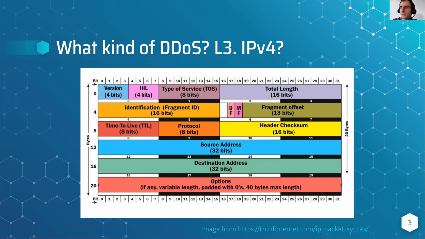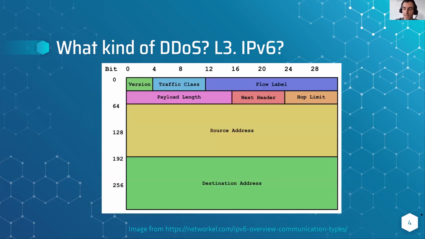So you can see we may have lots of types of attacks which can be explained by just this diagram. We may have literally any field in the IPv4 header randomized, and then we will have TTL flood, maybe protocol flood, and that's actually why I don't like this classification. That's why I like the idea to focus on the level of protocol we use in this case of attacks. And let's just compare the IPv4 diagram with the IPv6 one.